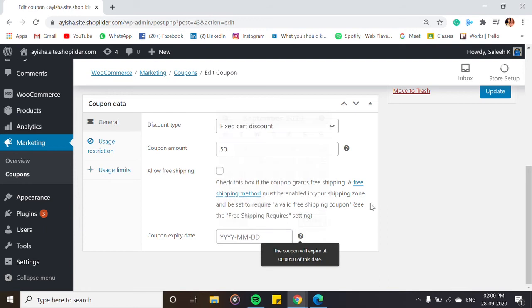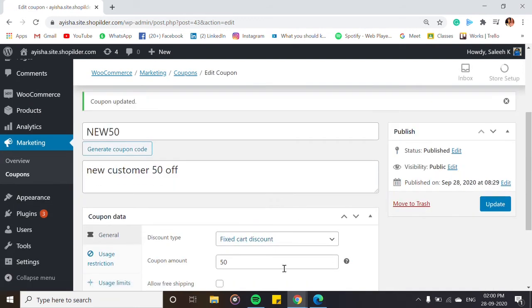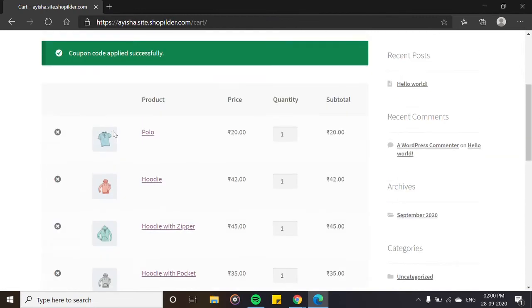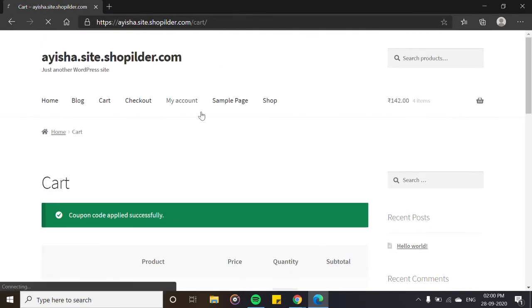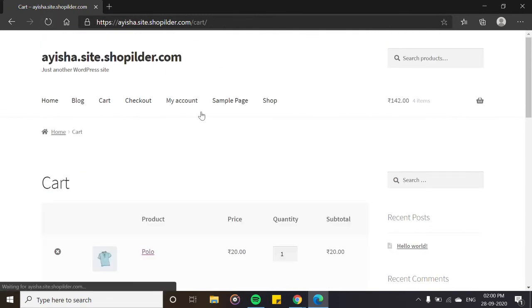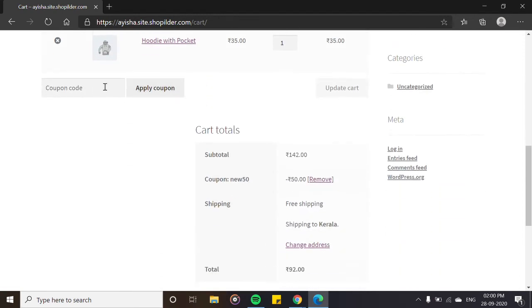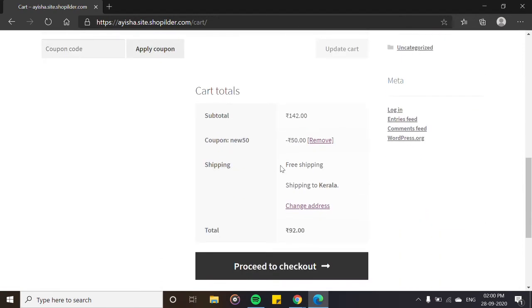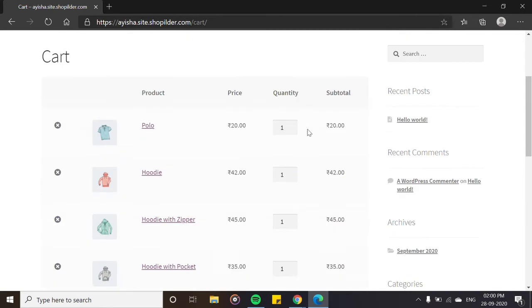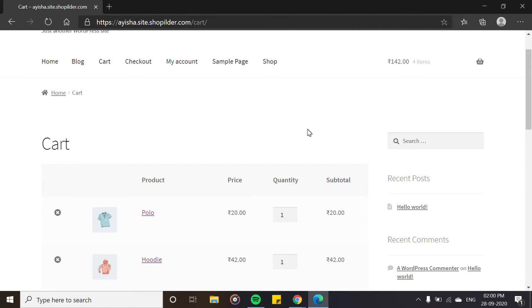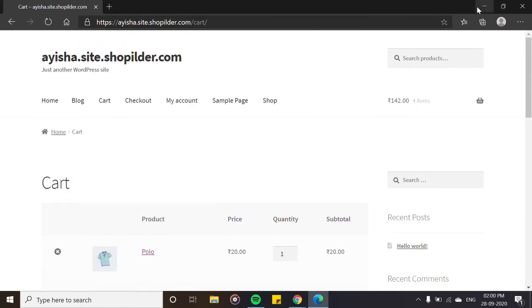I've just updated, and now we are going to refresh this page once again. We have added the same coupon, and now the 50 rupees is reduced, as you can see. So that's how you add coupons for percentage discount and fixed price.